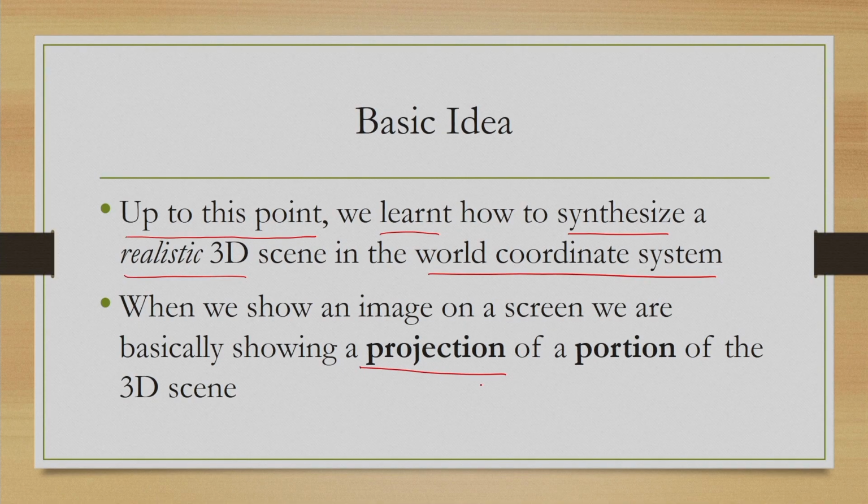Now, that is not the end of it. So, we need to display this scene on a 2D computer screen. So, that means essentially we need a projection of the scene on a 2D screen from the 3D description. And this projection need not be of the whole scene, it can be a part of the scene also, which is the most common way of looking at it. We usually talk about a portion of the overall 3D description to be projected on a screen.